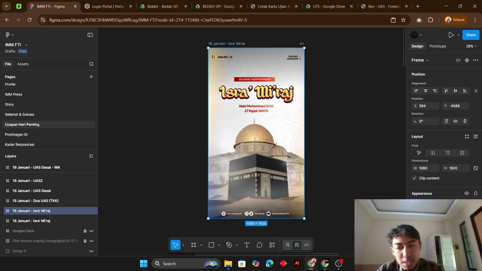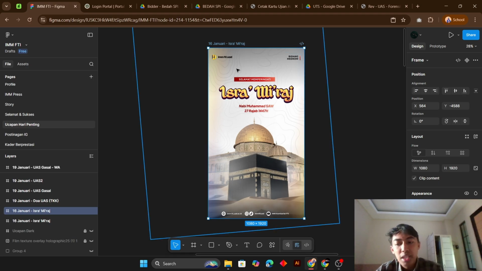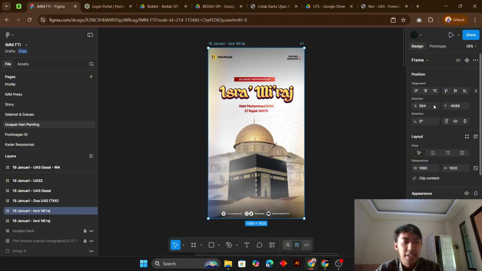In this setup, we have created a 1080 by 1920 frame. I actually use this dimension, you can follow it. This is the size standard for Instagram or TikTok stories.